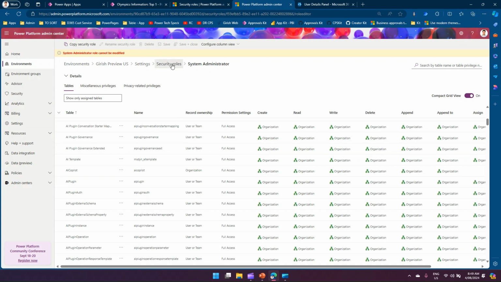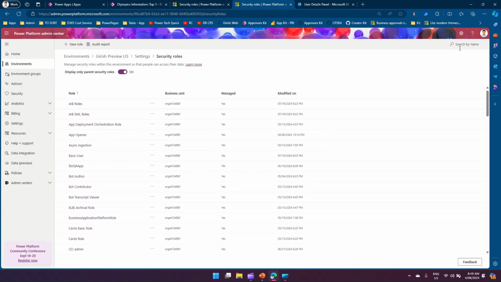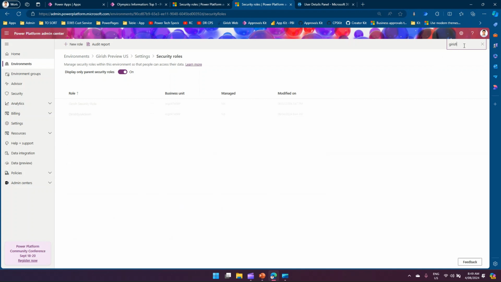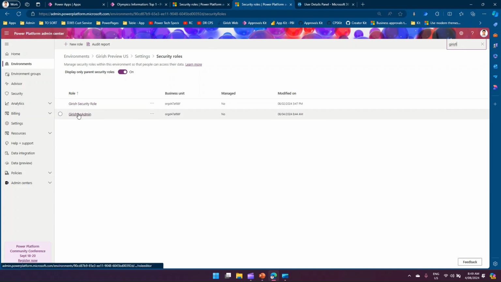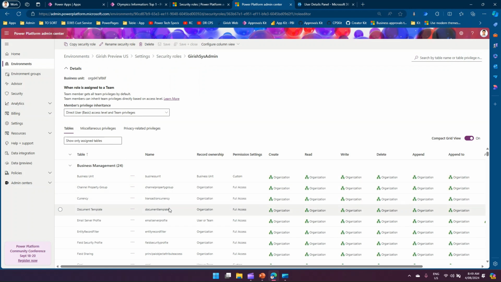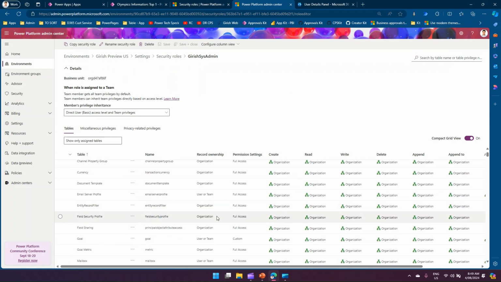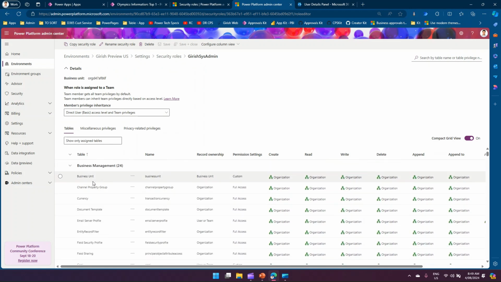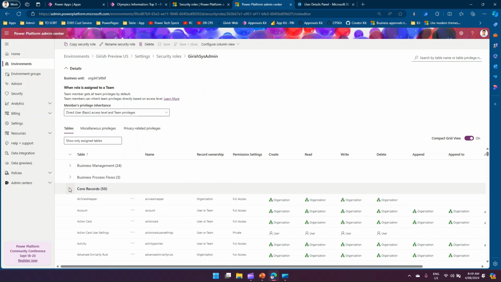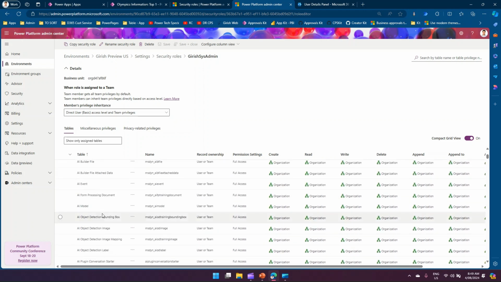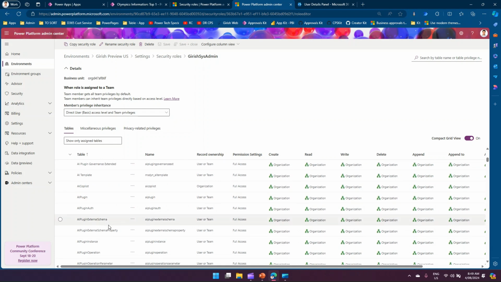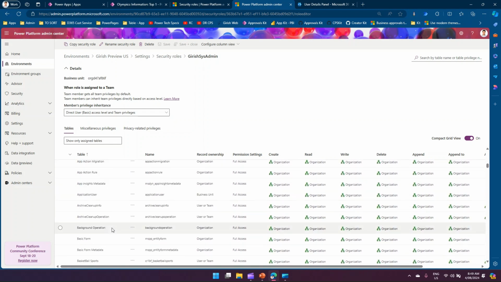Now let me go into a security role, my security role, the Girish sysadmin security role. I'll go into this Girish sysadmin security role, which I've just inherited. Now here, if I go into the table, say one of the custom tables, let me pick up